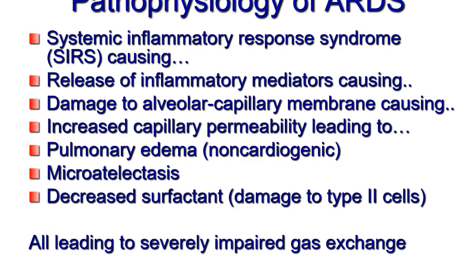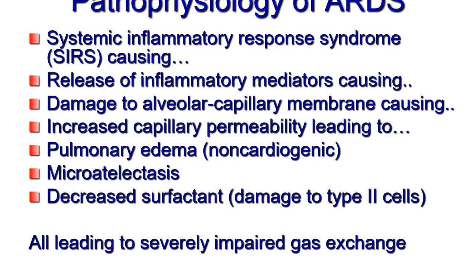Then we get into acute respiratory distress syndrome, oftentimes presenting with very similar signs and symptoms, but the etiology is different. With ARDS, we have the systemic inflammatory response syndrome, or SIRS. So some sort of massive insult to our body, either a massive infection or a trauma. Because what our body does when it is faced with some sort of trauma will basically go, holy crap, what's going on here? I need to send all of my compensatory mechanisms and my inflammatory mediators to the site of the problem. But if it's systemic,